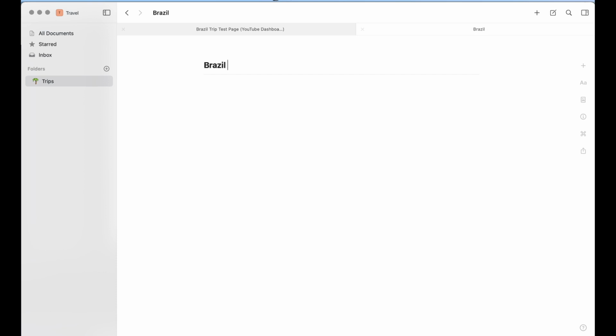Or Brazil 2021. So now if we go back into the trips folder, we see that both documents have been created. And I wanted them separately because at the end of the day, I want to share them with other people. So for that, if they were in one document together, like I will show you later, it would share everything, and that's why we keep them separated.